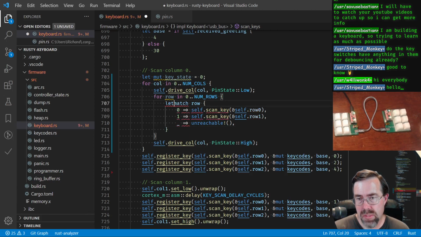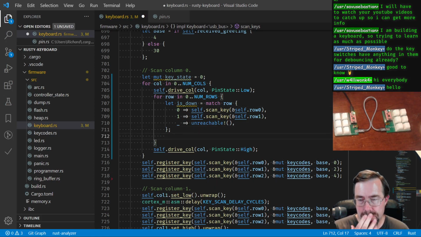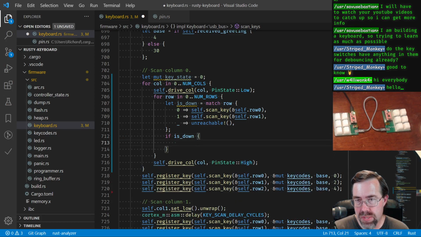So let is down equal that. Okay, and then actually I don't even need the, well, let's make it easier to read. We'll just do this. If it's down, then I want key state to be ORed equal with